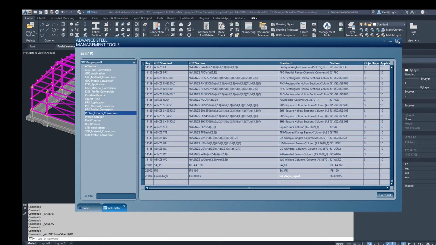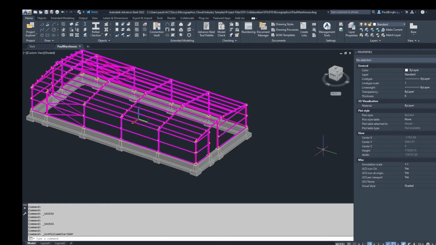Now, the mapping has been deleted from the database, but it is still within the memory of the application. So what you need to do now is close the application,